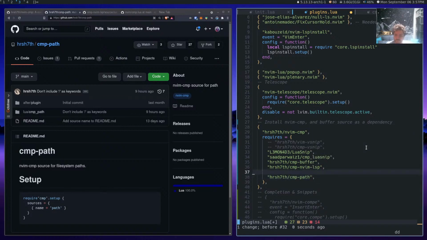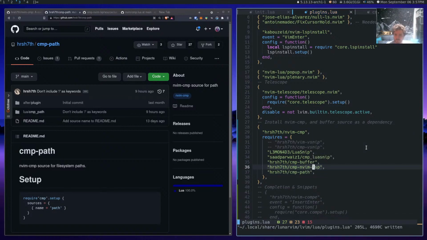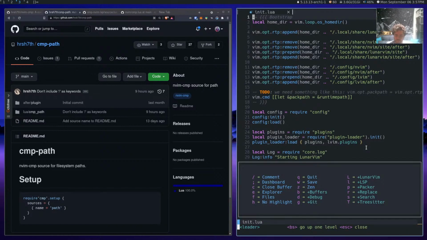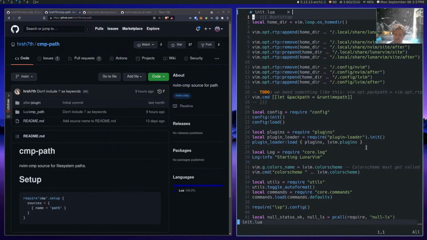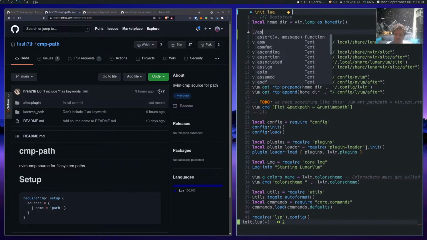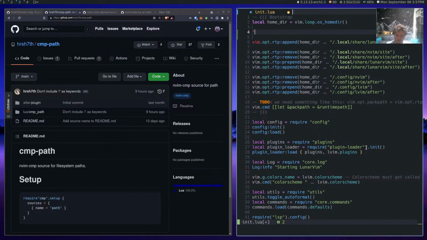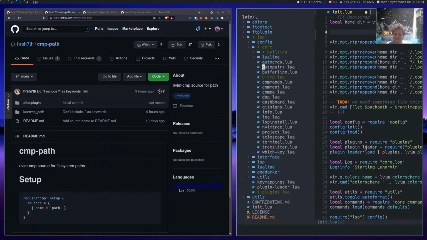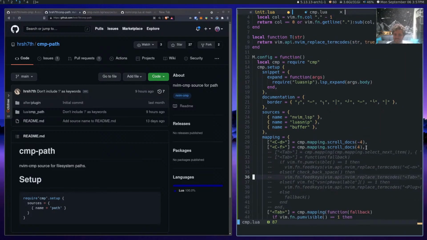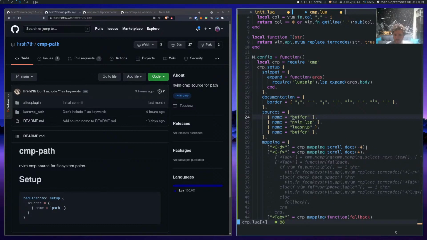The hell? Packer update. Packer compile. Now if we do something like, I was kind of hoping I would get like a path. Oh, duh. I keep forgetting there's a whole thing to do now with this. We need to do path. So usually if paths are available, I might want them. I mean, I probably want them after this.